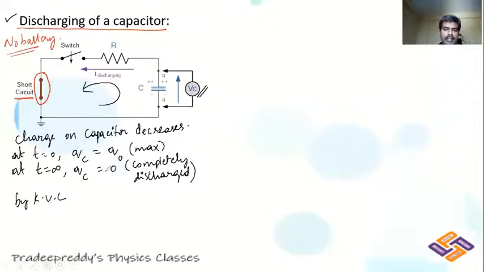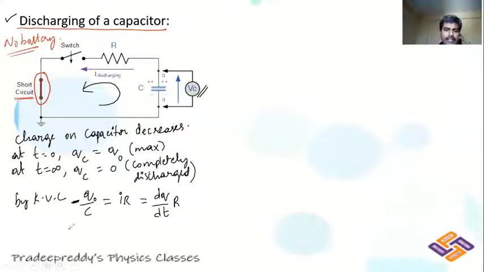So simply I will write it as Q by C. That is the total voltage supplied by the capacitor. It is Q naught divided by C. That should be equal to IR, where I is the current in the circuit and R is resistance, right? Now what is happening to charge on this capacitor? It is decreasing. So I should represent that decrease with a negative sign. The negative sign is because charge is being decreased. What is I written as? I is equal to dq divided by dt, into R.